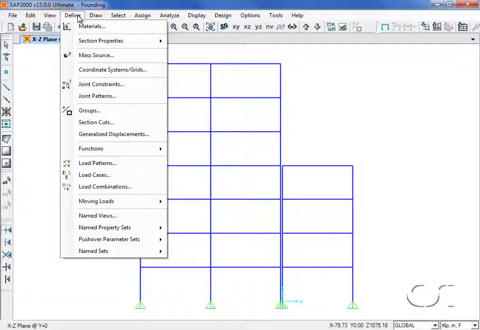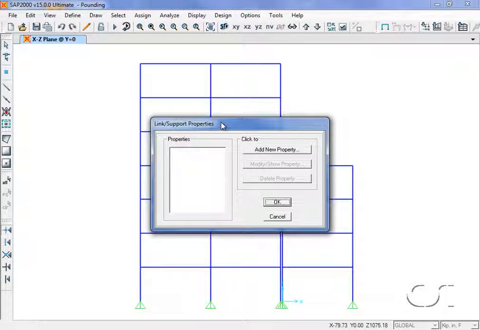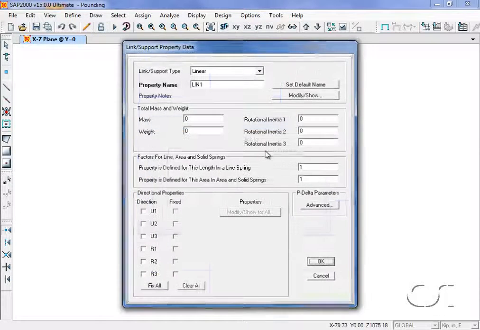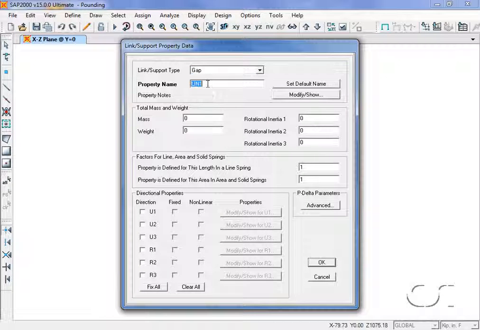We start by defining the gap element, which is done under the Define Section Properties Link Support Properties command. Here we will add a new property of type gap, which we will name gap. It will have properties in only the local U1 direction, which is along its axis. It will be a nonlinear element, and if we click on the Modify button,